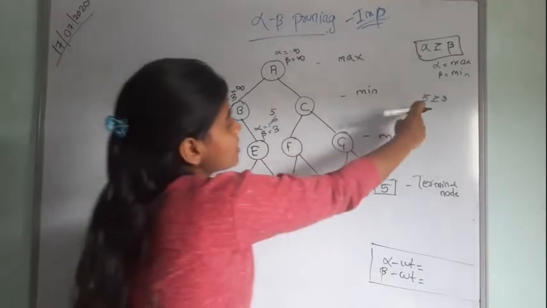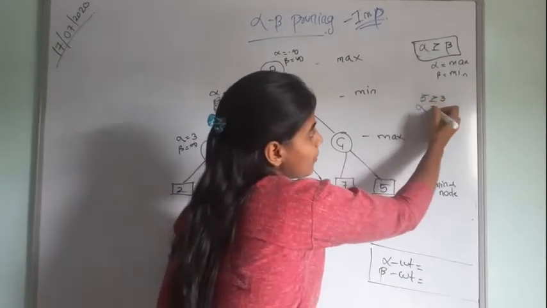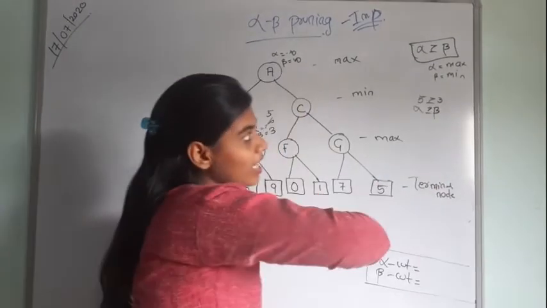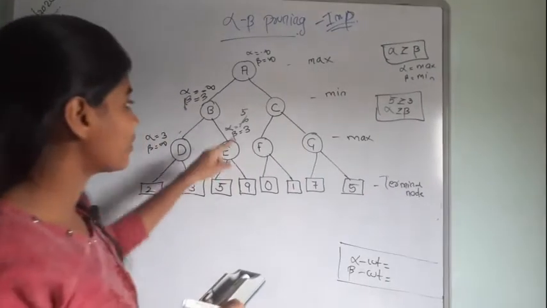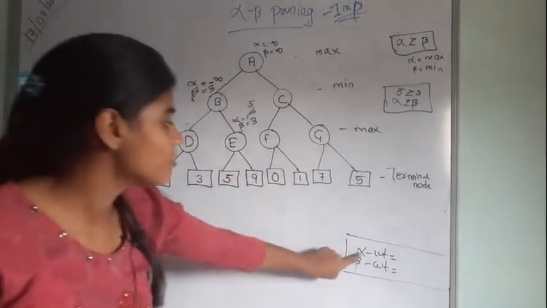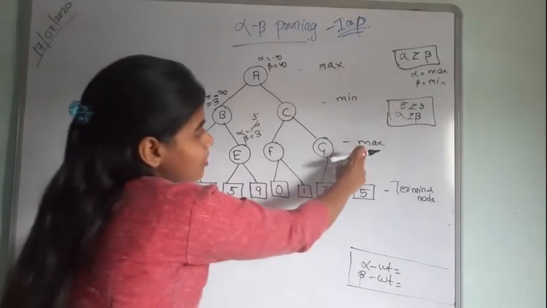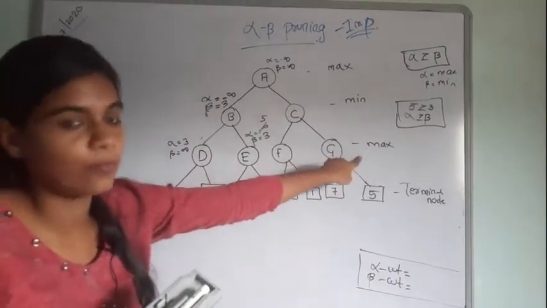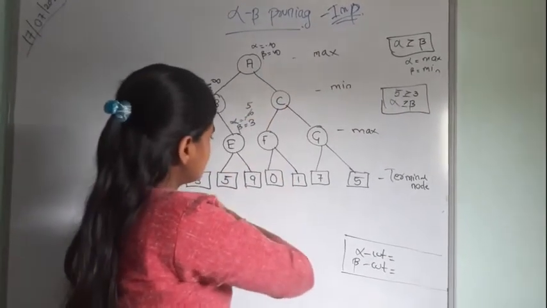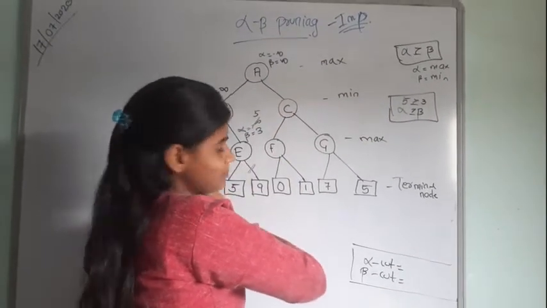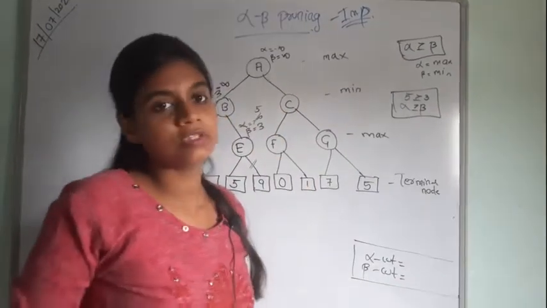So you can see here we can do a pruning, because alpha is greater than or equal to beta. Okay, you can notice that. So here I can do a pruning, the alpha cut, because alpha is getting bigger. Because this layer is the maximum layer, I will do an alpha cut. So you can see here 5 is greater than 3. So I will do a pruning here. Okay, now 5 is greater than or equal to 3.